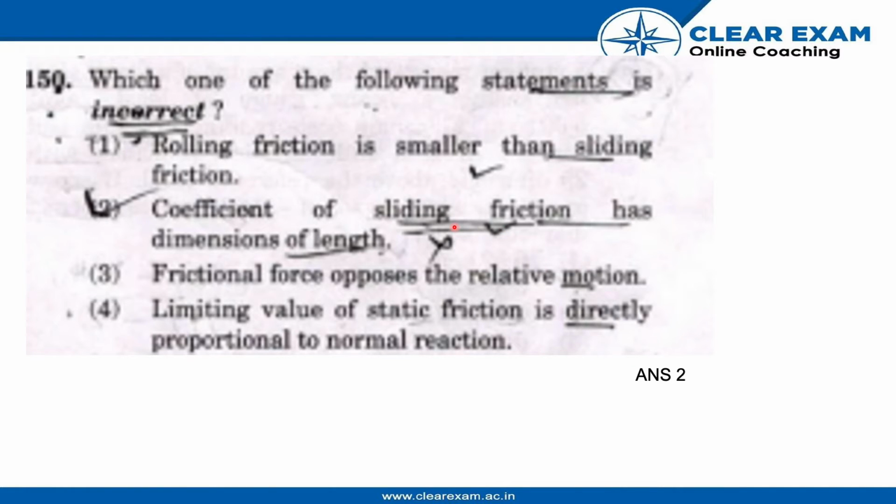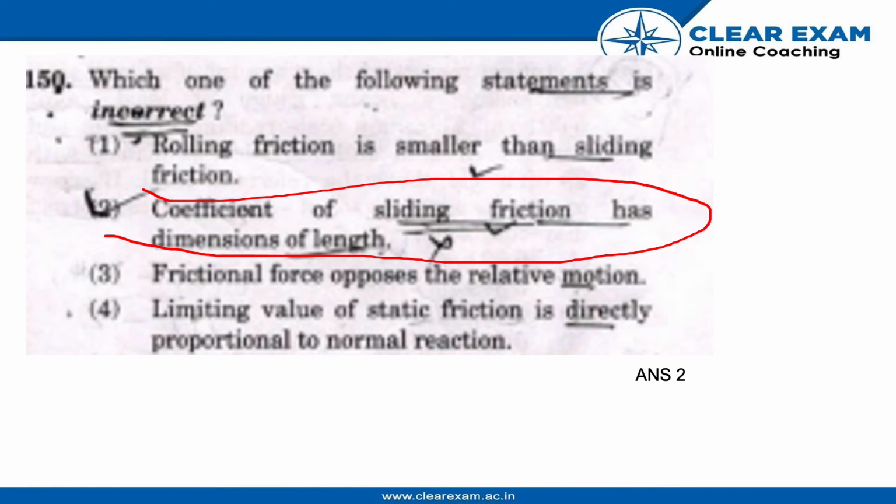So the correct answer to the following question is, coefficient of sliding friction has dimensions of length. So why? Sliding friction is given by F equals mu N, or mu equals F by N. Force and the normal reaction both are measured in Newtons, so mu is dimensionless. Therefore statement C, or we can say statement number 2 here, the coefficient of sliding friction has dimensions of